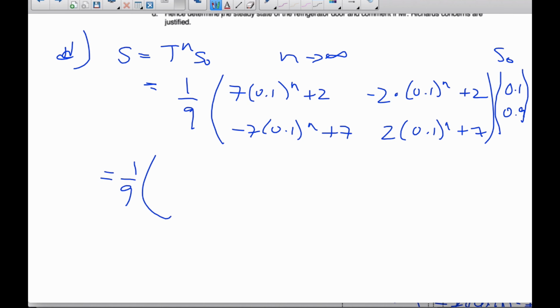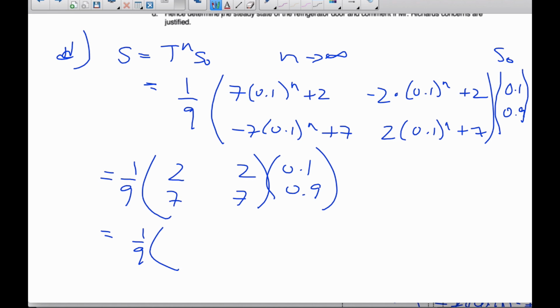0.1 to the power of n, well, that's 1/10 times 1/10 times 1/10 times 1/10. That goes to 0. So this cancels away, and I get 2. Same thing here, 0.1 to a great big giant power. That's going to be 0. If you're not sure, throw it in your calculator and see. This is 2. Similarly, this will be 0, and so this is 7. And this will also be 7. If I multiply that by 0.1 times 0.9, well, when I do that, I got the 1/9 still. And I get 0.1 times 2, and 2 times 0.9. That multiplies, so that's 0.2, that's 1.8. That multiplies to 2. 7 times 0.1, so that's 0.7, 6.3. This is also 7. And so then I get 2/9 and 7/9 is the steady state vector, which is approximately